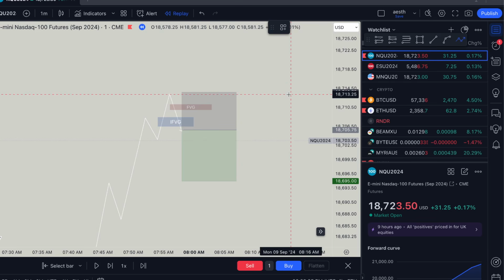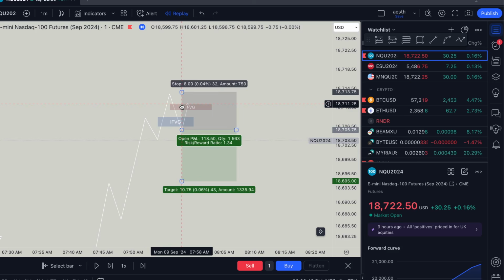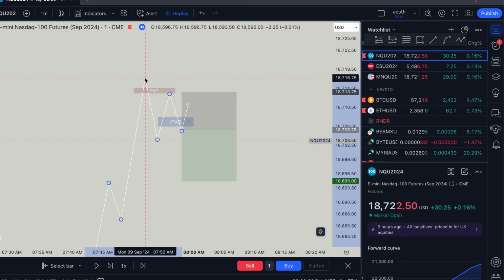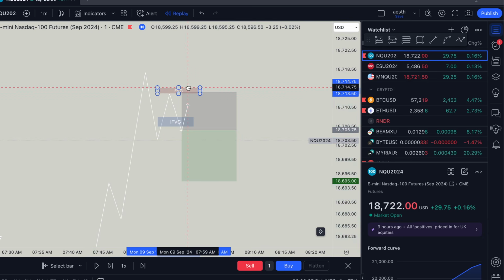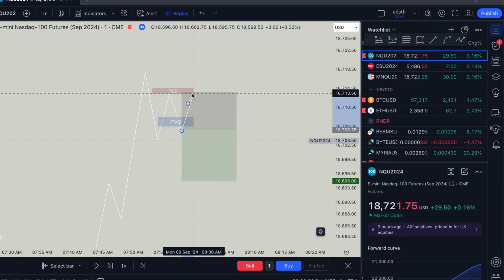And the reason you got to be conscious of this is because there's a pretty high chance that price is going to now want to retrace into this, and it could easily stop you out. It doesn't have to just tap in and run lower, or it could even be in the leg above. It doesn't have to be in the leg you're trading in, which also happens all the time. It opens up right here. You're about to take an inversion to the downside, and a 15 minute opens up.